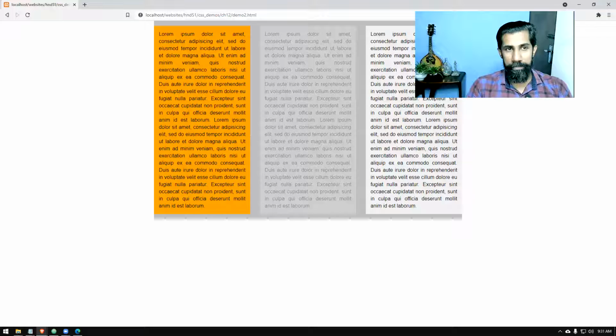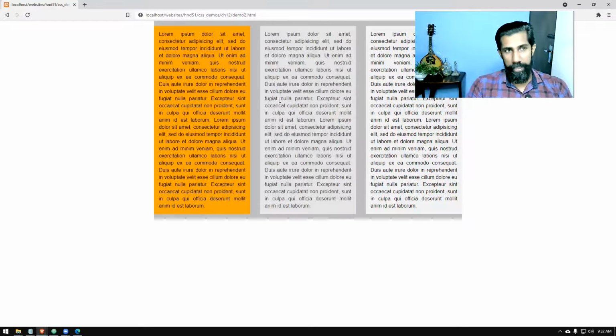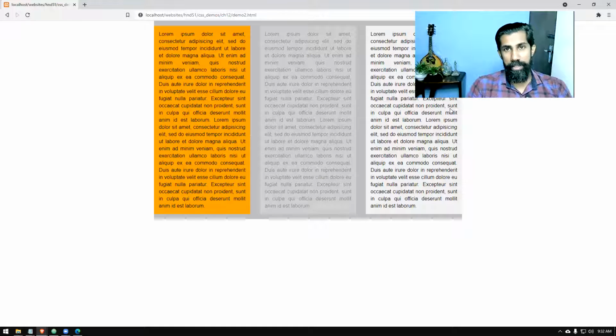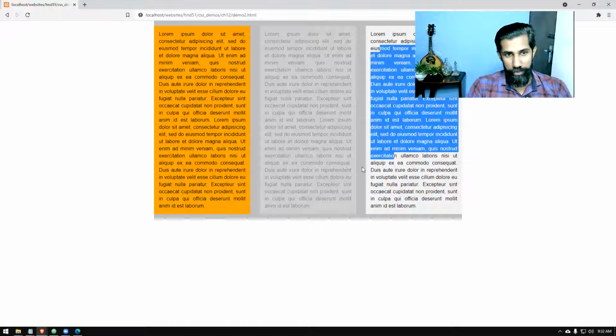But when we set the right side margin for every paragraph, the last one also got it. So it made the total width of the elements 990 pixels.